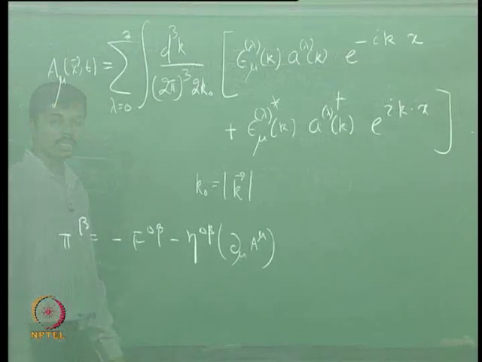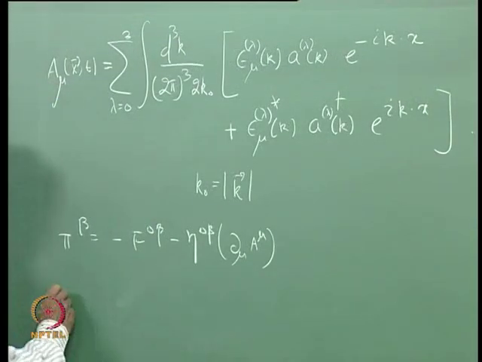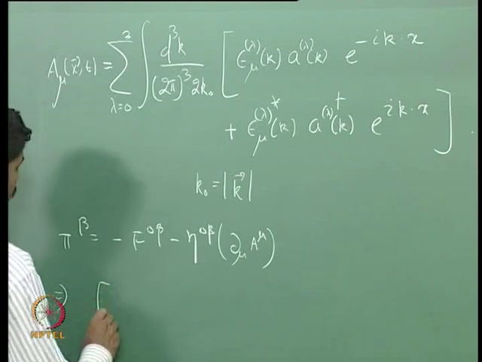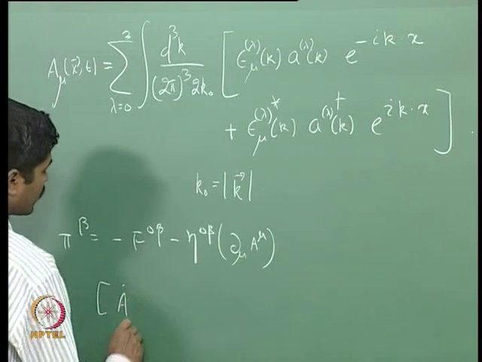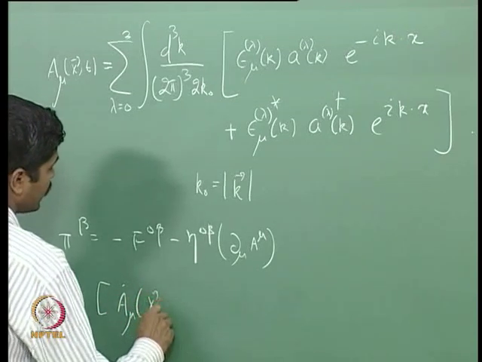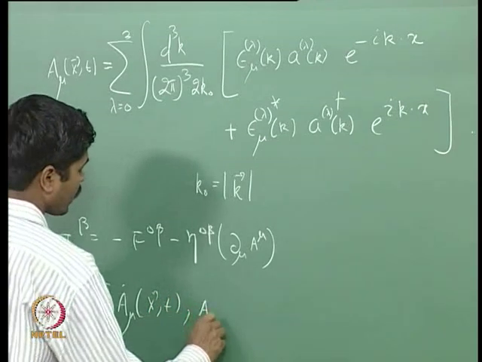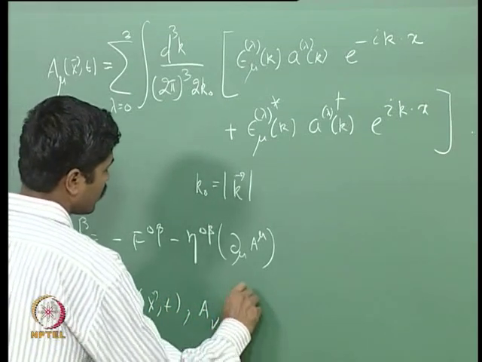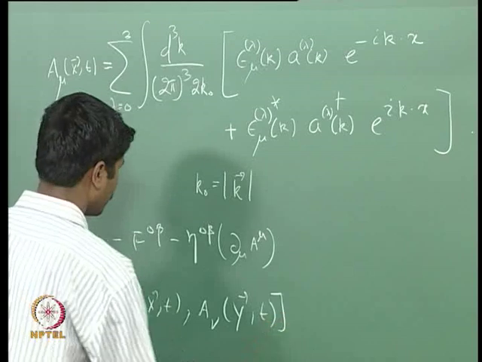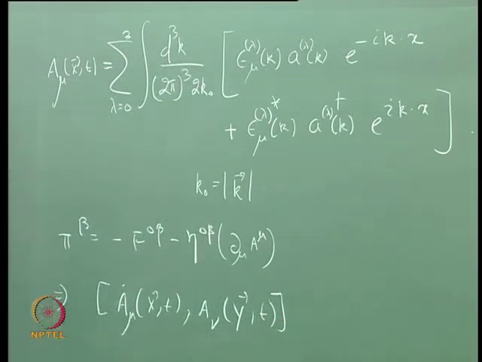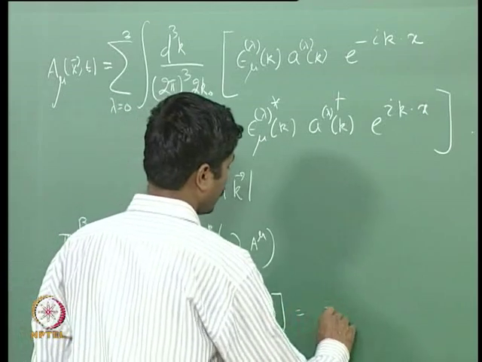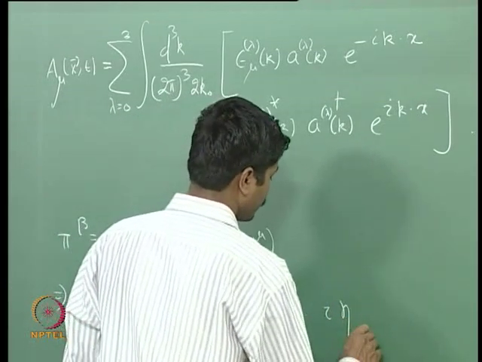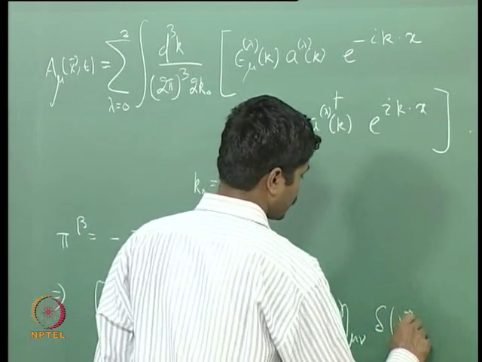You can see that this implies the commutator of A dot mu of x, t and A nu of y, t is given by i eta mu nu delta of x minus y,